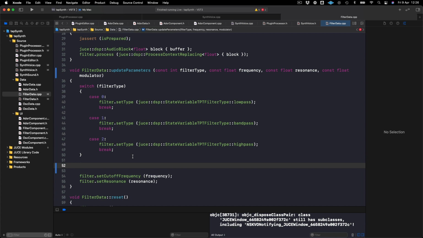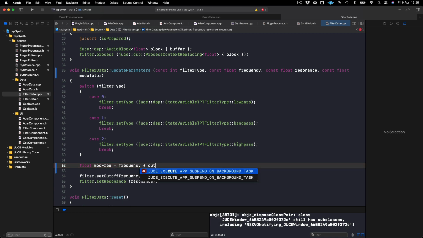So I will declare a float. I'll call this float mod freq, mod freak maybe,